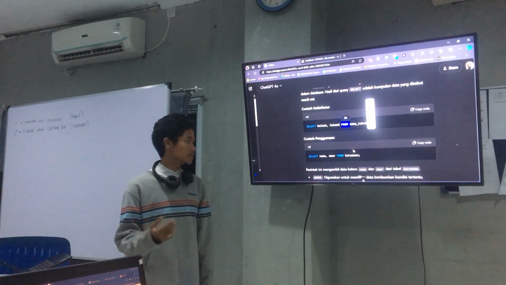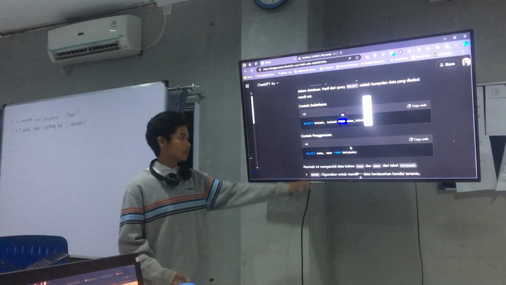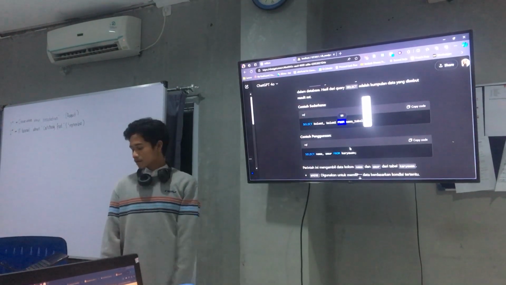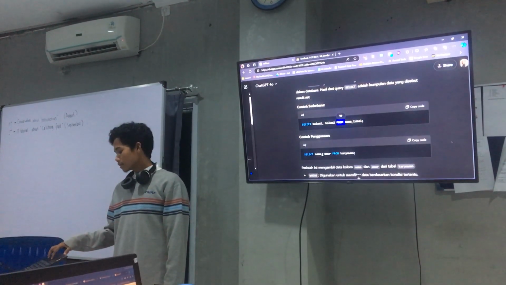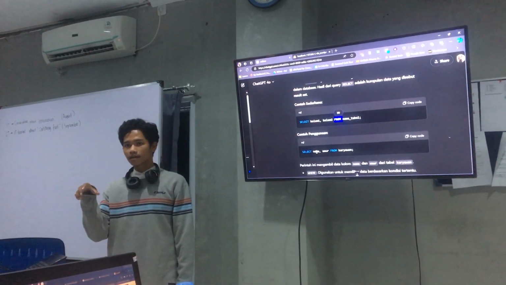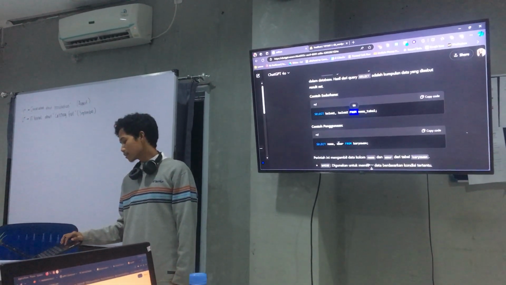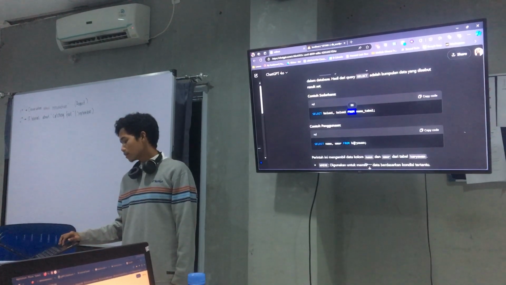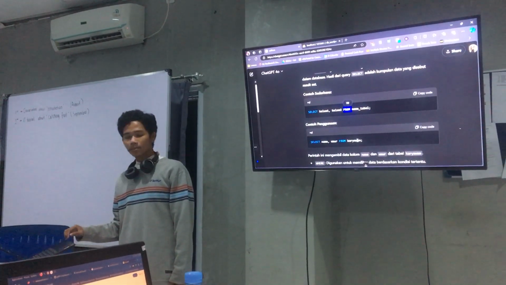If we practice it, here is an example, contohnya: select name data and age data from the karyawan table.